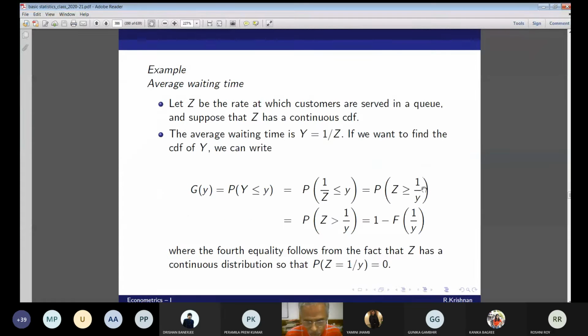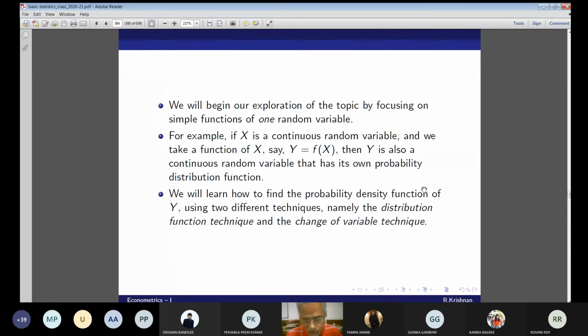I told you there are two ways of doing it: the CDF technique and the change of variable technique. In the change of variable technique, we'll use the Jacobian. This is the CDF technique. Many times Jacobians could be problematic. The CDF technique is many times very easy. That's what the literature tells me, so that's why I've given you both. You are right, you can use the Jacobian in the change of variable technique. Right now, concentrate on the CDF technique.